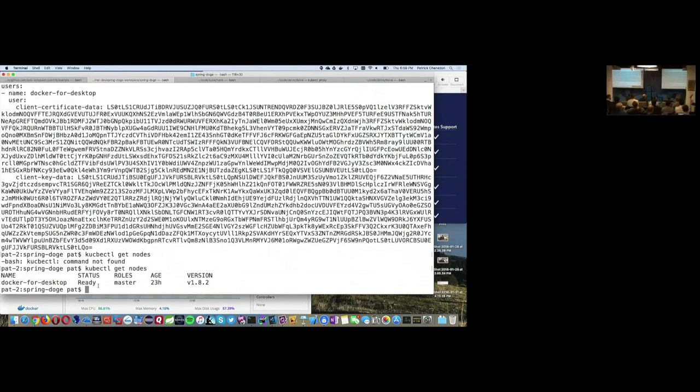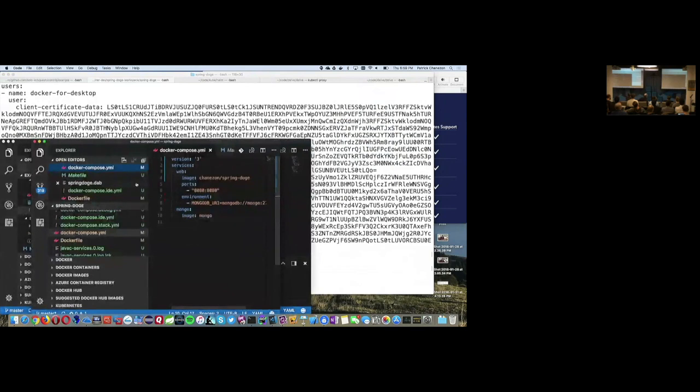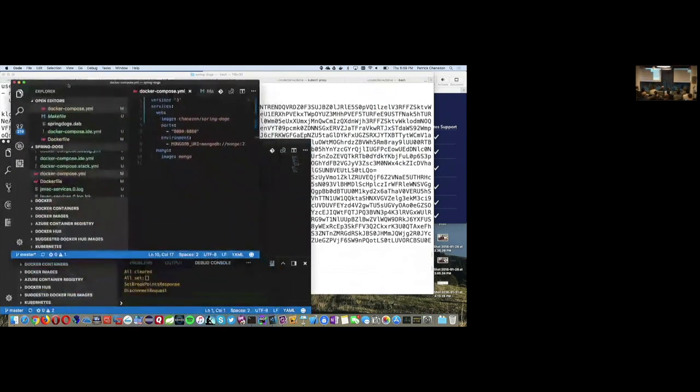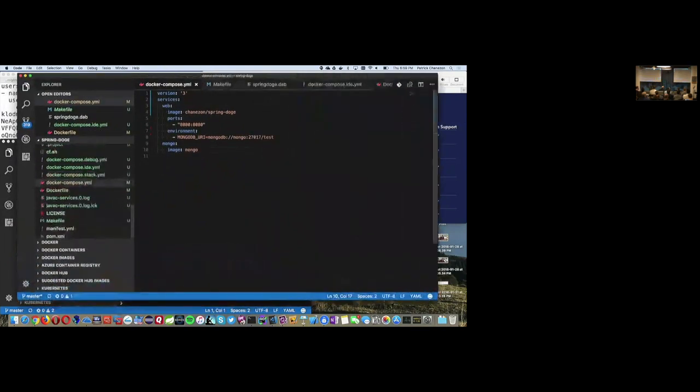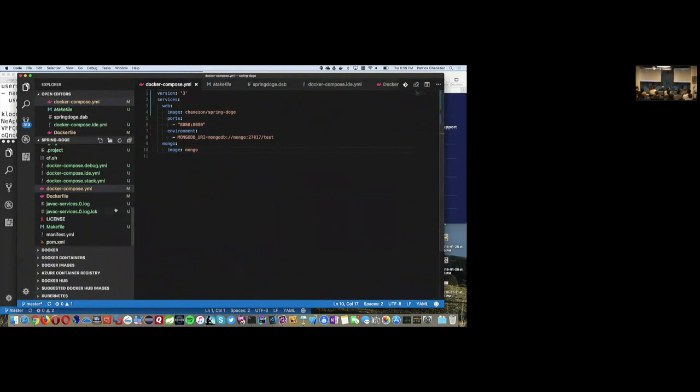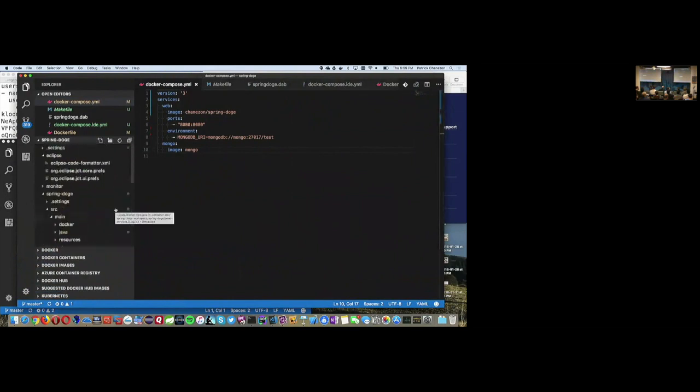So here I'm just going to use the same application I'm using usually, which is a Java application that's called Spring Doge, that my friend Josh Long at Pivotal built. He's part of the Spring team. Let me show you. So Spring Doge is a Spring Boot application that has one Java service that serves